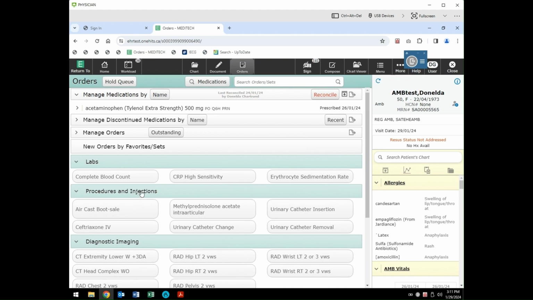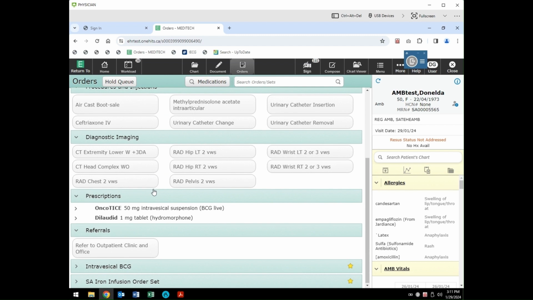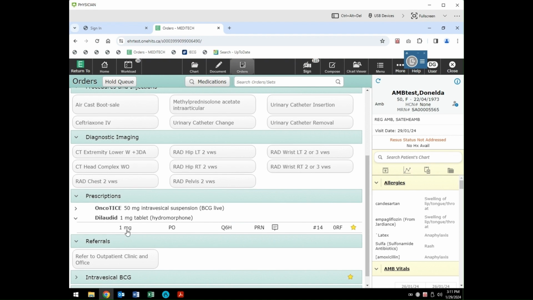Prescriptions that have been written for the patient on previous clinic visits will be shown under the Prescriptions tab in the order entry screen of Web Ambulatory. Here I can see a previous prescription for Dilaudid. If I want to provide another prescription for Dilaudid, I can select this medication,